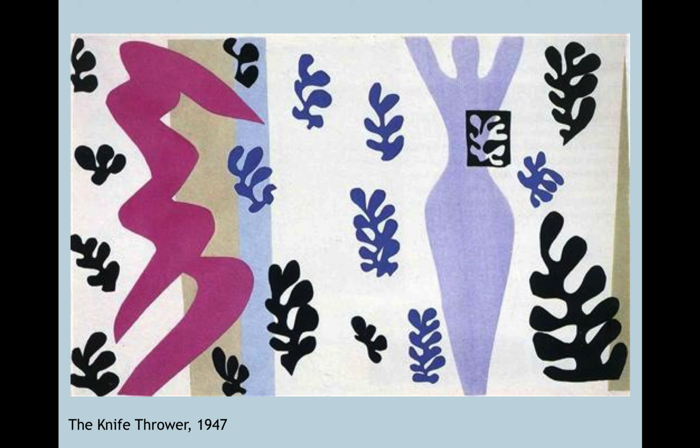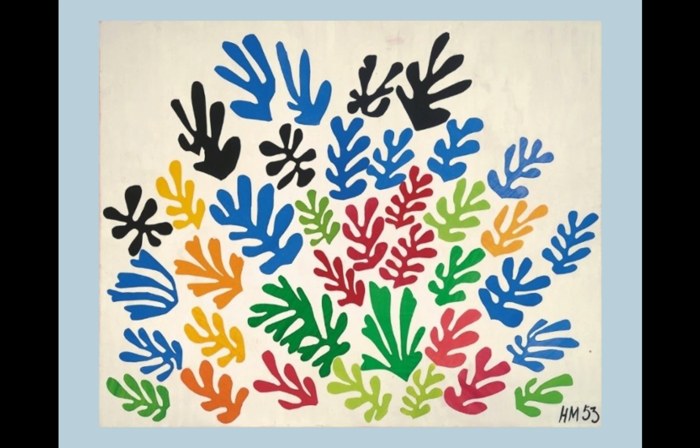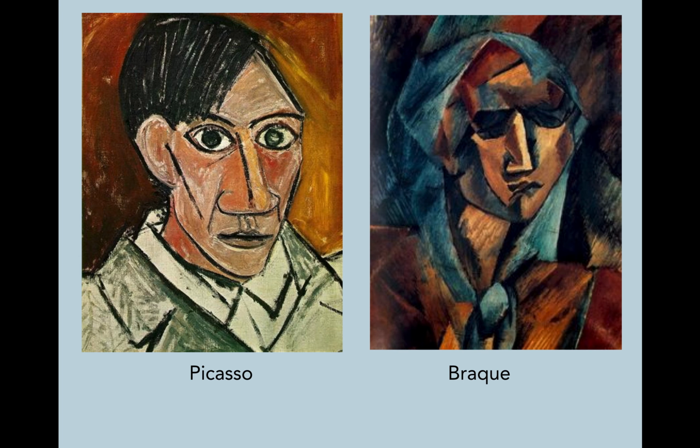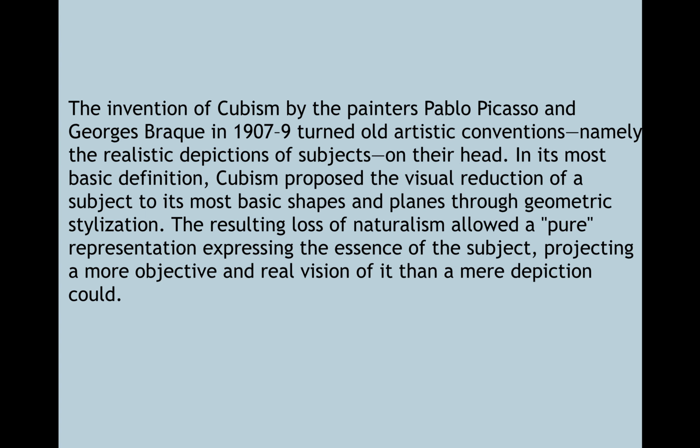You can see on the left there's someone actually holding up a knife, and then to the right is the model who's holding up her arms, waiting to have him throw the knife in between her arms. He had simplified the shapes and reduced the colors. Well, see, what Picasso did was almost take the body like a Rubik's Cube and say, hey, why don't we twist it and shape it the same way as the Egyptians did, the same way as African masks did. And he was looking to a lot of older cultures.